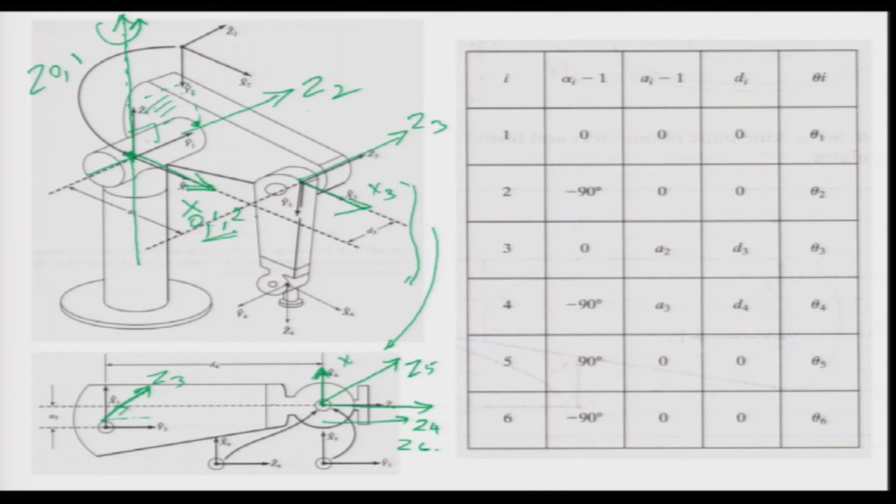So I get X4, X5 and X6 to be the same axis in the same direction. So you can see that X4 is here, X5 is here and X6 is here. Okay, so we can take it as the same axis. Now